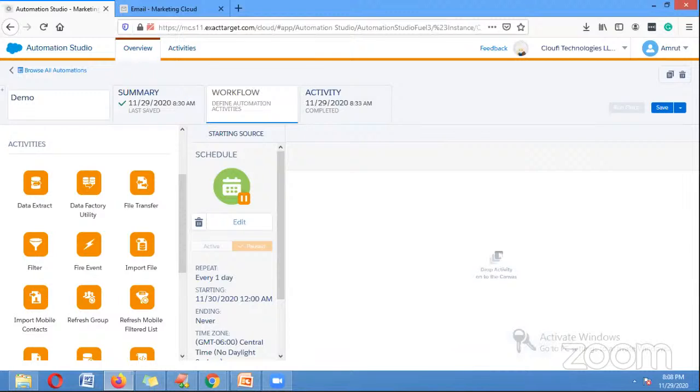There is a send email activity which can be used when you want to send an email. So when the schedule runs, the email would be sent. If there is a send email activity in your automation,